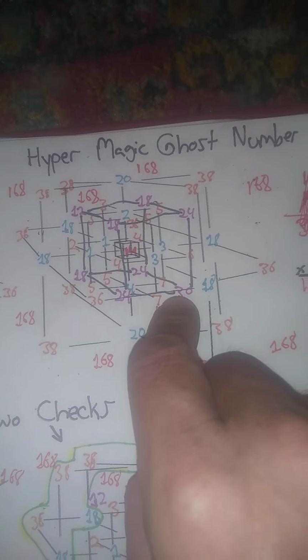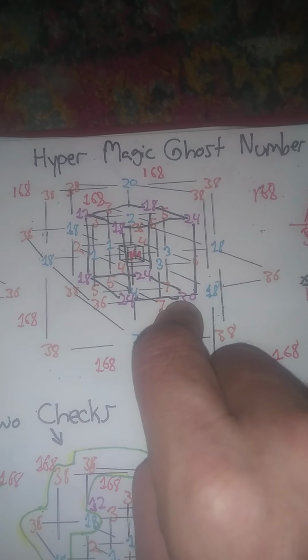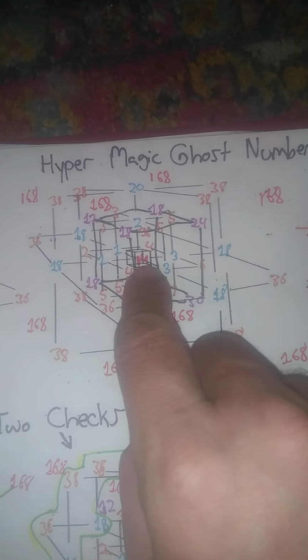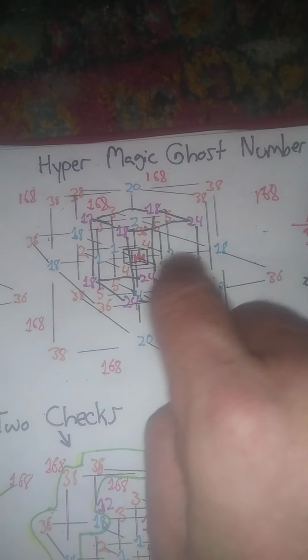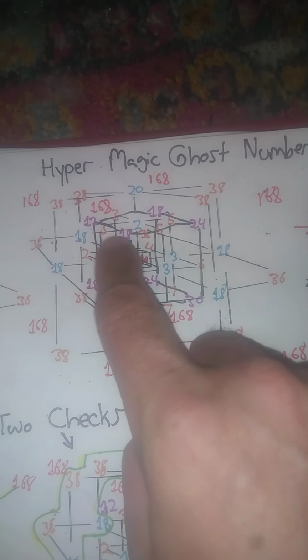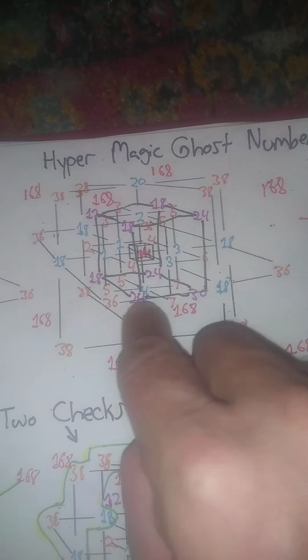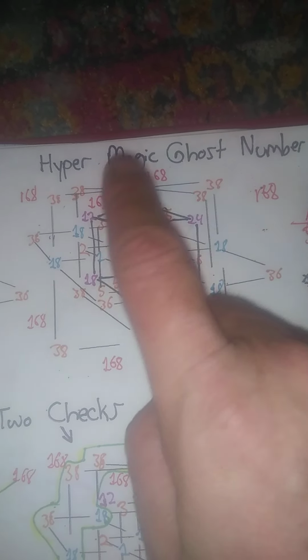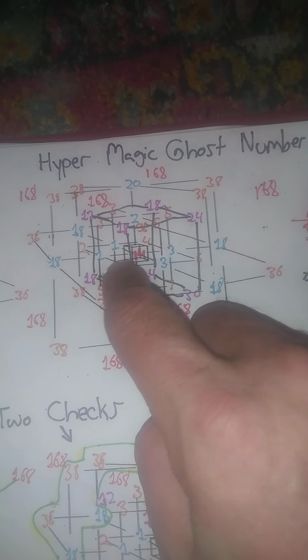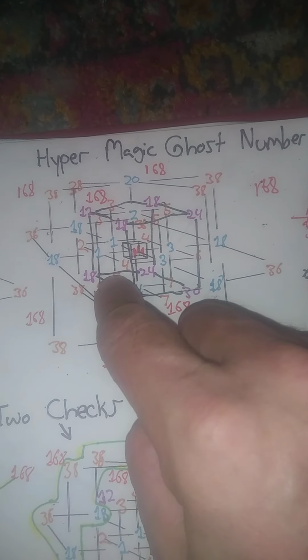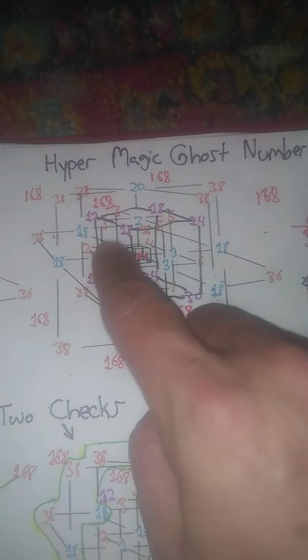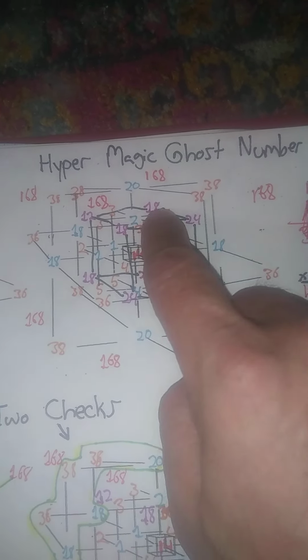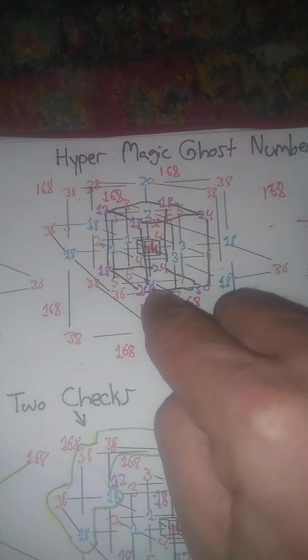That would be right if it was just a normal ghost number cube, but since you added the central ghost number in with the commutative property, you have to do a circuitous route. You add this whole box of inner ghost numbers, which stays the same no matter if it's a normal ghost number cube. These would appear in the normal ghost number cube, but you add them together this time, all of